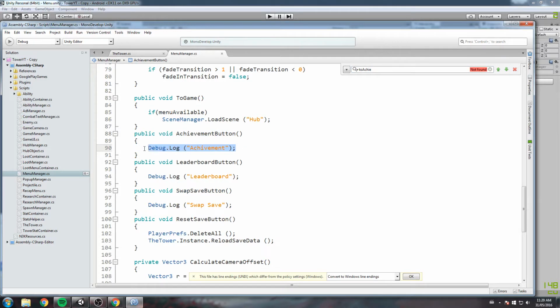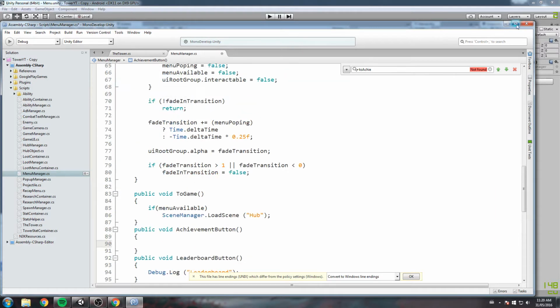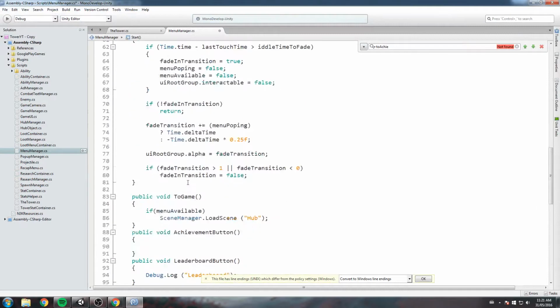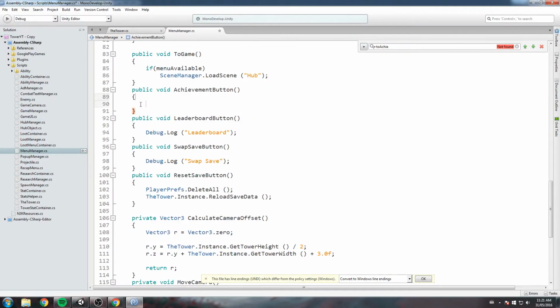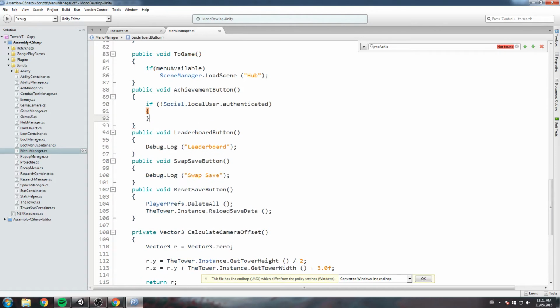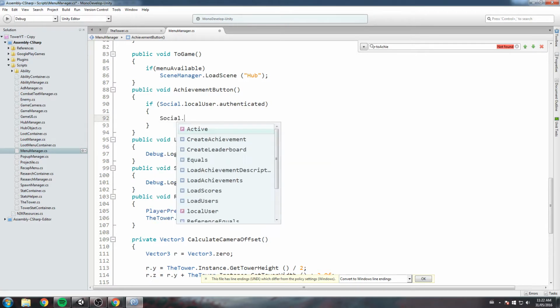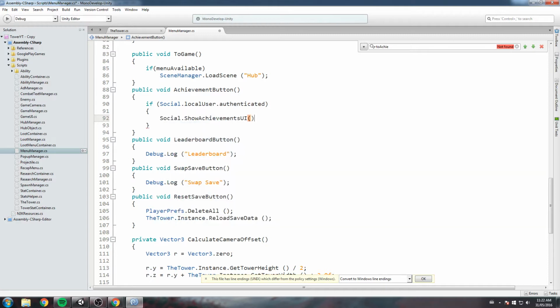We're gonna remove that debug.log, and instead of showing that, we're gonna ask, are we authenticated to Google Play Games? And if we are, then we are simply going to show the UI, because they have a built-in UI for us and it's really good, so we're going to be using that. So if social.localUser.authenticated, so if we are authenticated, let's make sure we remove that. And if we are authenticated, we are going to do a social.ShowAchievementsUI, and it's really as easy as